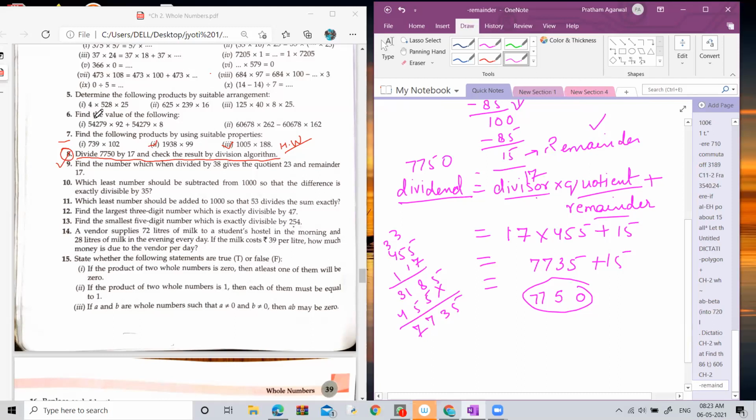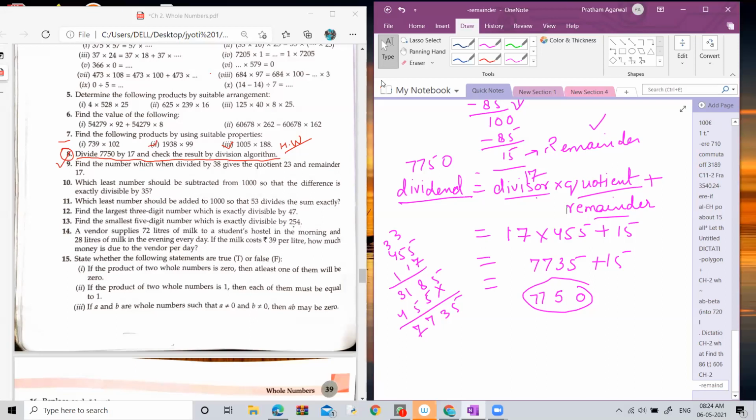Quickly respond. Okay, children, now I'm going to play a quiz for you. It is a very interesting quiz. The marks will not be recorded, so don't worry about the marks. You have to play this quiz in a fun way and connect yourself with what you have learned about the chapter. Today's quiz is related to chapter 1, Knowing Our Numbers. In this quiz, you have 10 MCQ questions. So solve the questions quickly. You have to take the time.